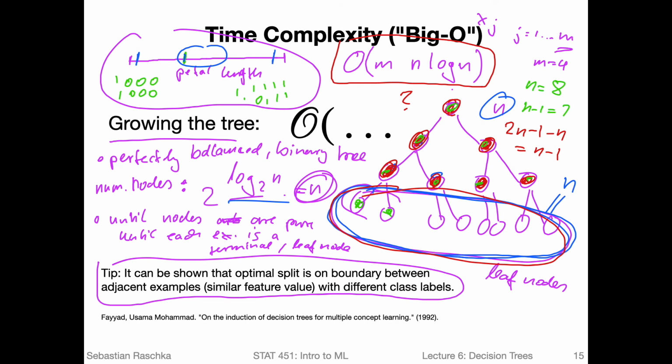Now what that means is that we have to repeat this sorting n minus 1 times. And then based on big O analysis, what happens is we have n, and let me do that like this, we have another n here, right? So it's m times n times n times log n, but instead of writing it like this, it's maybe nicer to write it like this. So m times n squared times log n would be the complexity of growing a tree if we have to resort the features at each node.